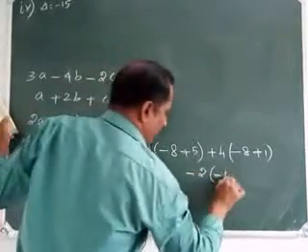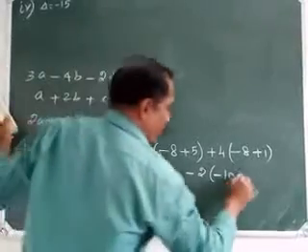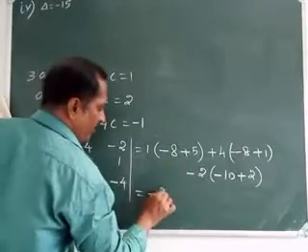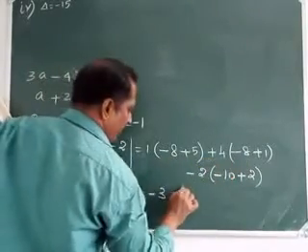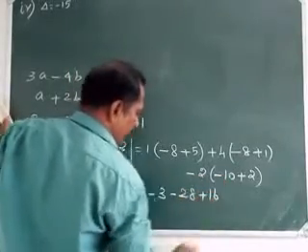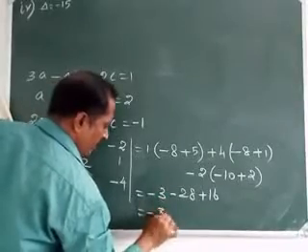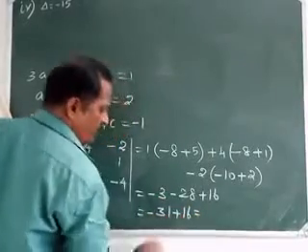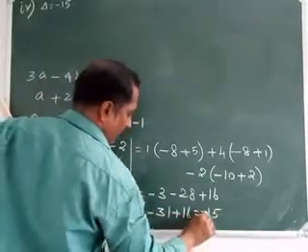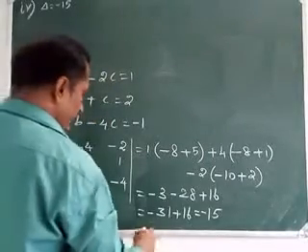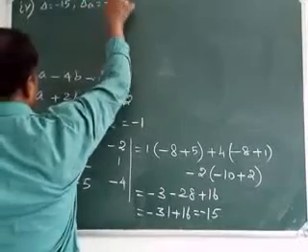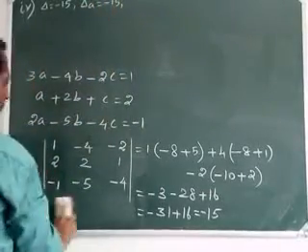2 into minus 5 minus 10 minus 1 into minus 2, you write plus 2. So which is equal to minus 3 into 1 minus 3, minus 7 into 4 minus 28, minus 8 2s are 16 plus 60. So which is equal to minus 28, 31 plus 60, which is equal to 45. So 45 minus 1, 15. So minus 15. So the delta A value is also minus 15. And the next you have to calculate